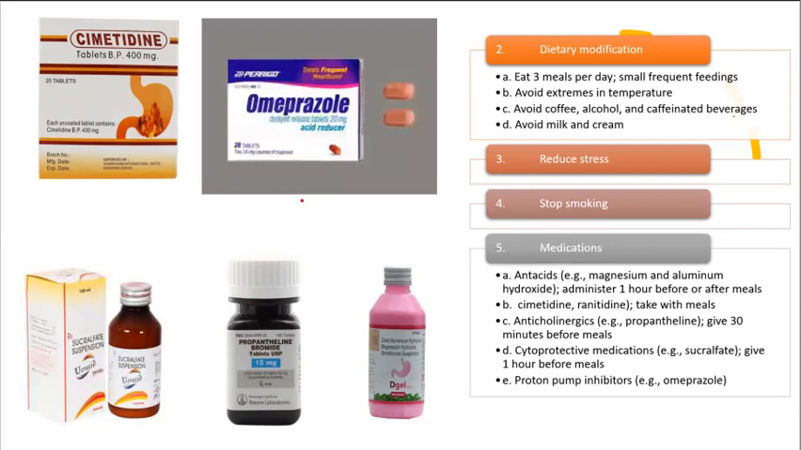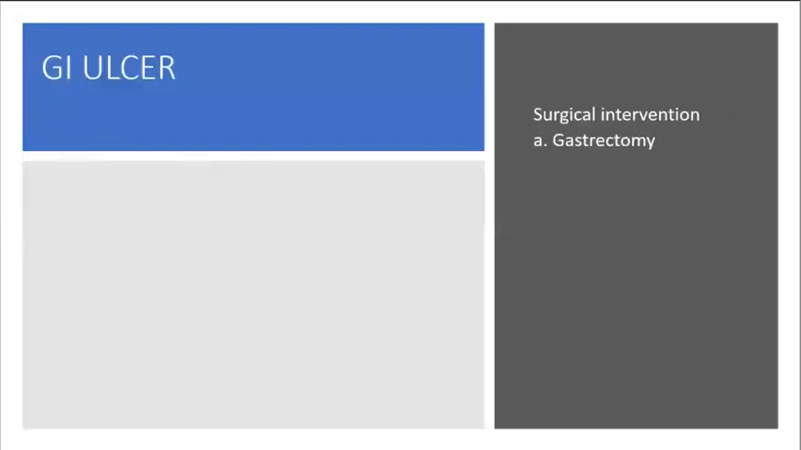Again, we can use any of these medications, or we can carry out surgical intervention, an ectomy. Here we are taking out part of the stomach. Gastrectomy would be removal of the stomach and maybe attachment to the upper portion of the duodenum. We can carry out vagotomy, which would be cutting the vagus nerve, and this will help to decrease hydrochloric acid